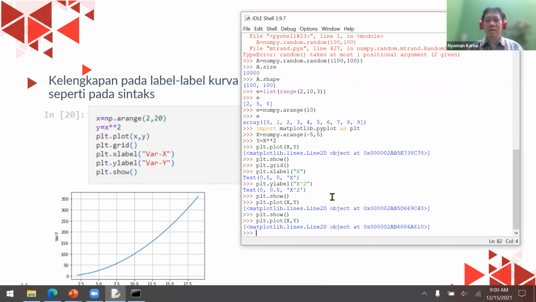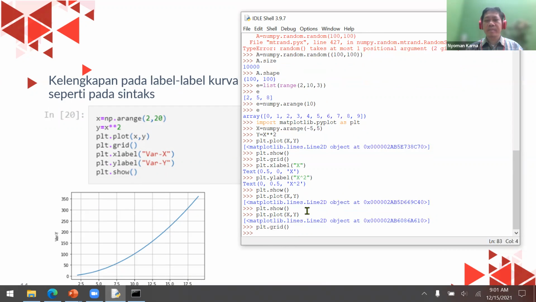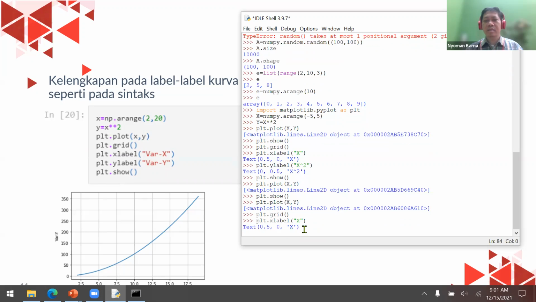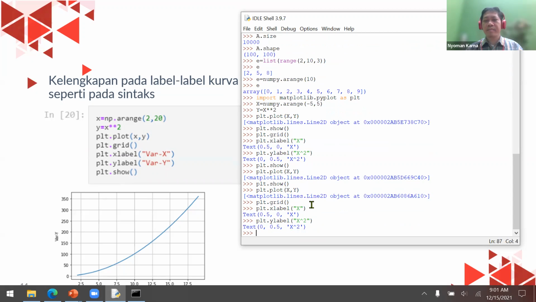First plot, and then grid, and then xlabel, and then ylabel, and then the last one is please show me the graph.